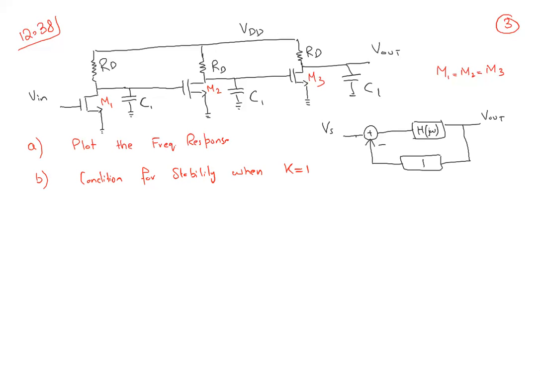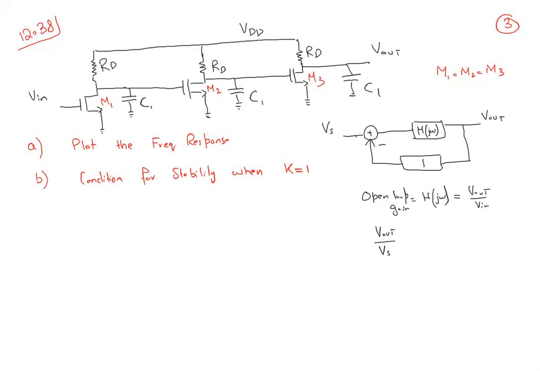Okay, so Vs is at this moment the overall closed loop configuration, and h of j omega is V out over V in, which is the open loop gain. Okay, though in this case open loop,